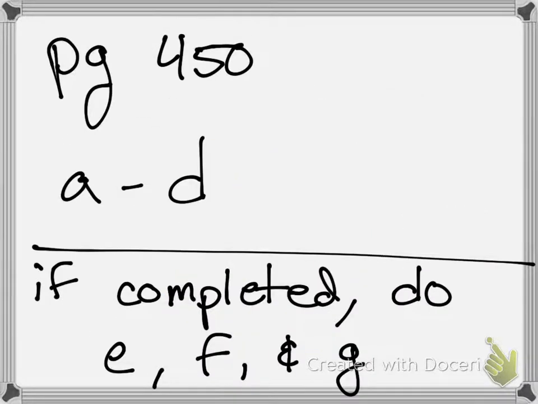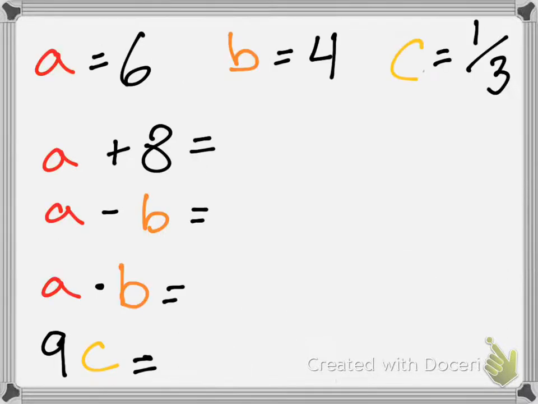I want you to go to page 450, just where we were, and do problems A through D. If you complete those, I want you to do E, F, and G. I like to color code things because it makes it easier for me to see visually. So,